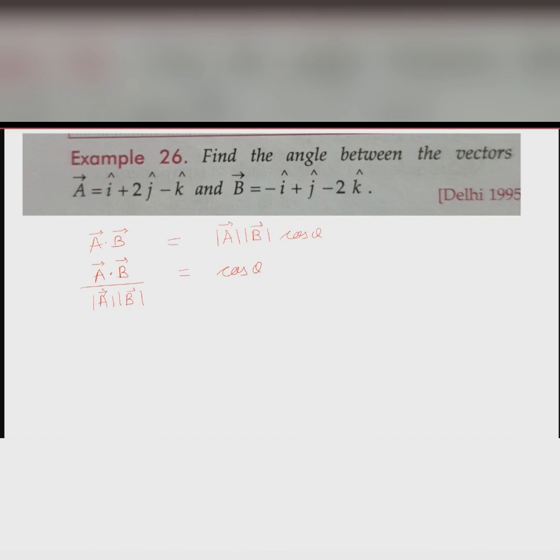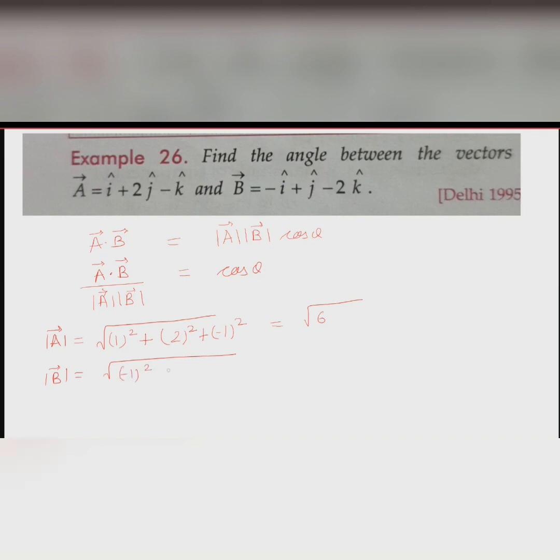I've just shifted mod A mod B to the other side. Okay, so now if I want to find out the vectors, first I'll find out what is the magnitude of A. What is the magnitude of A? It would be under root ax square plus ay square plus az square, which is under root 6. Magnitude of B is under root